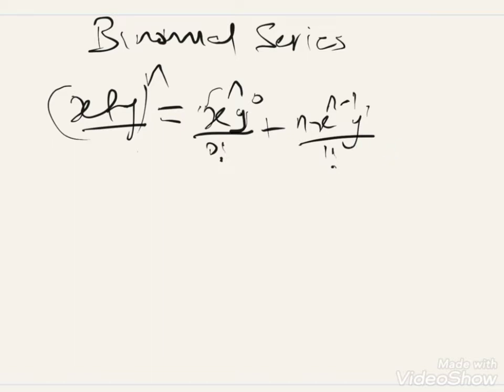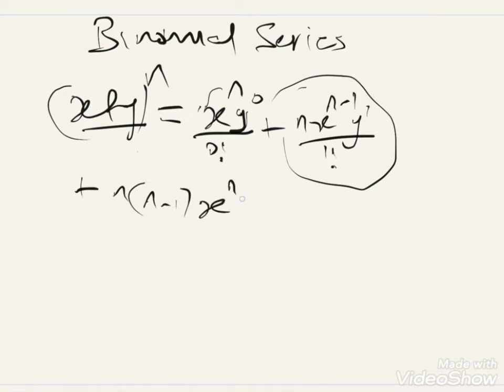Again, for us to have the third term, we have plus, multiplying this n minus 1 from the second term by n, we have n bracket n minus 1, close your bracket, then x raised to the power n minus 2, because n minus 1 minus 1 is equal to n minus 2. So we clean this. Then times y raised to the power